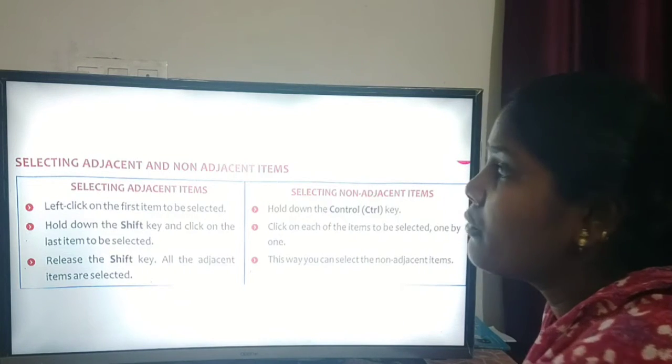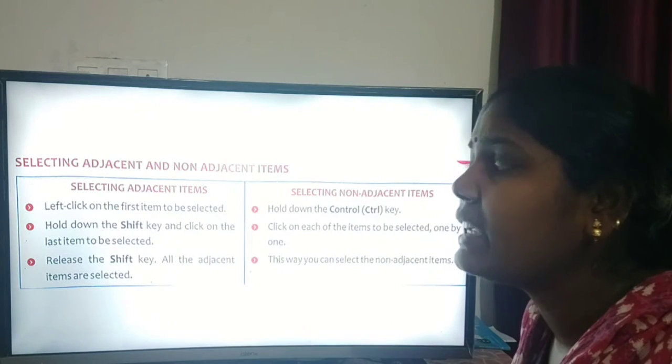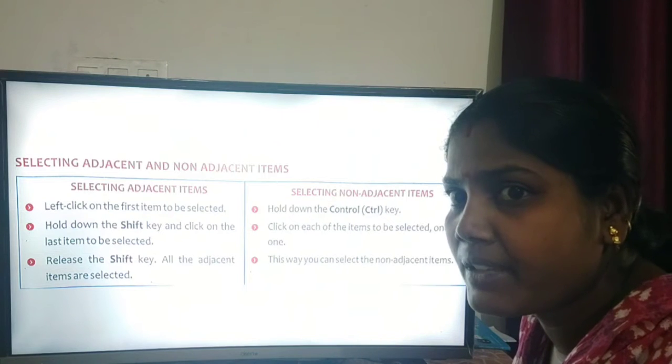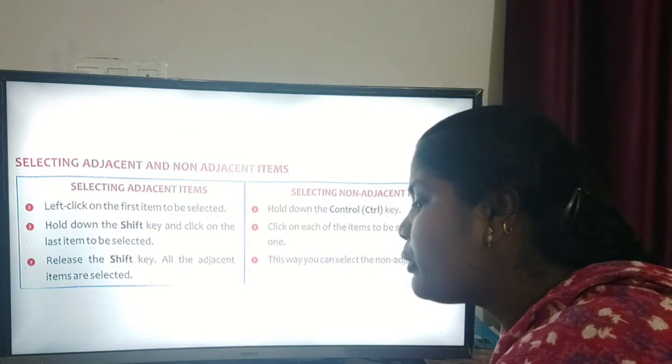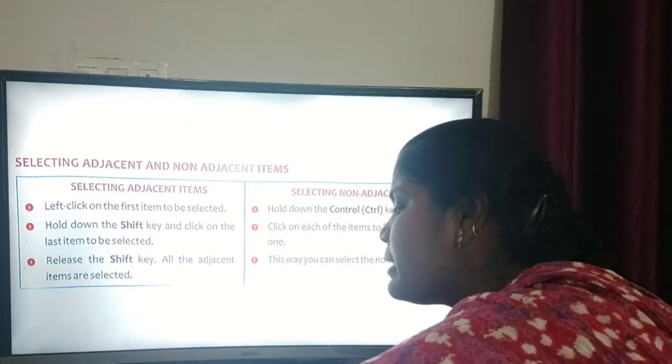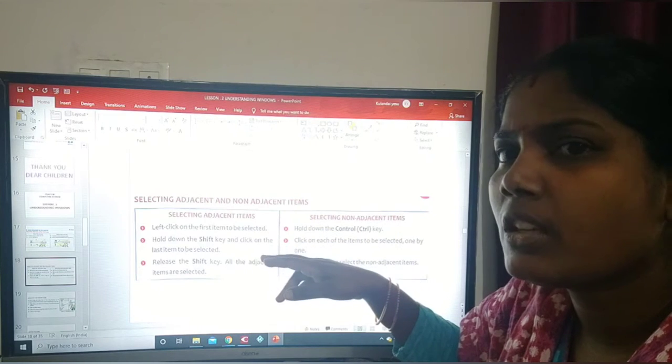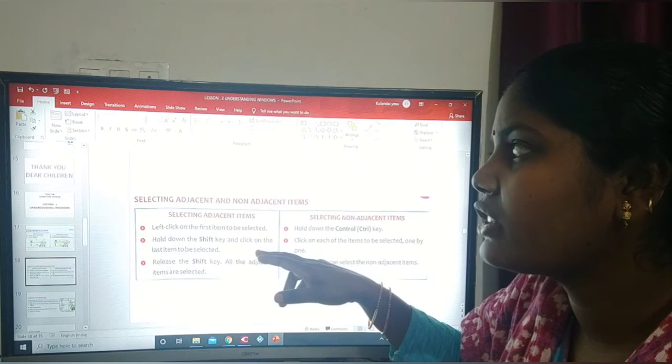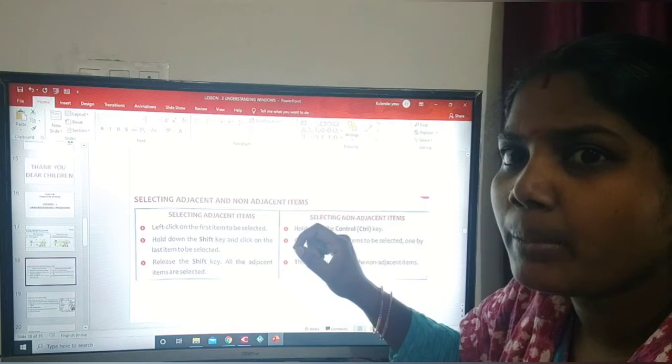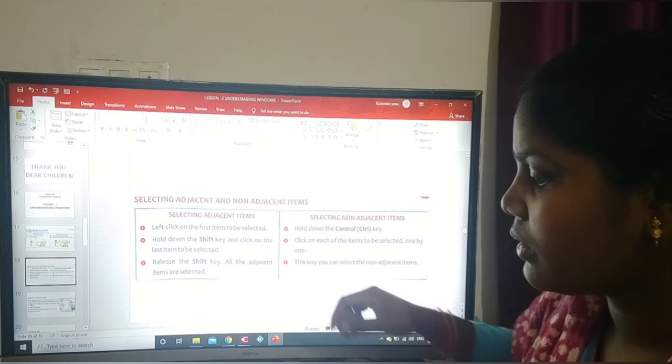Now we will do selecting adjacent items first. For that we have to open the desktop. Now we are going to see selecting adjacent items in a practical way.